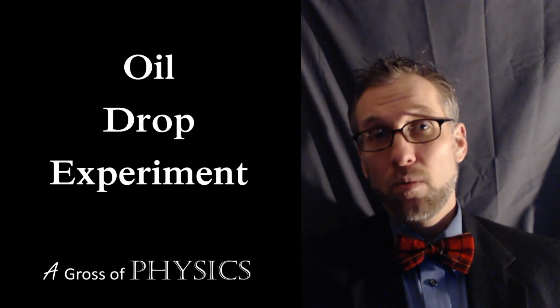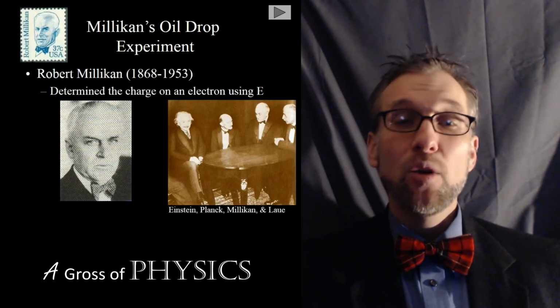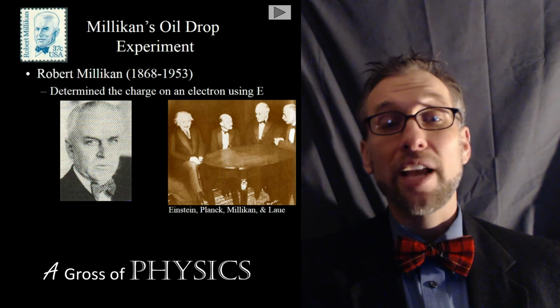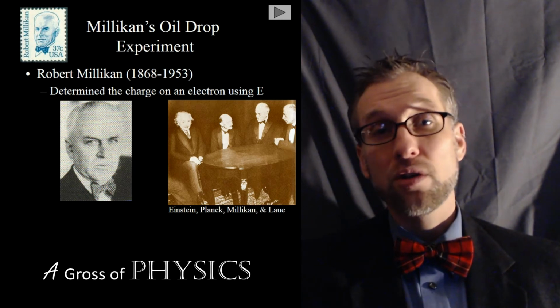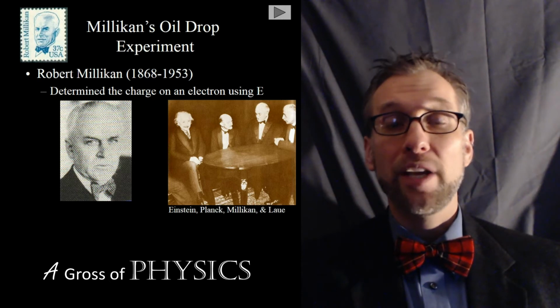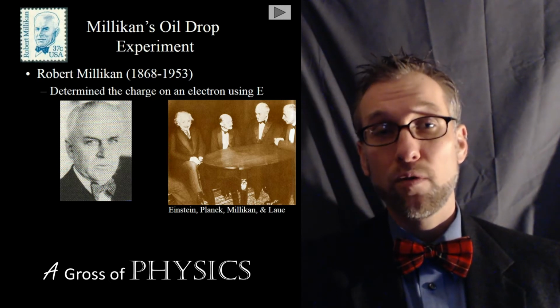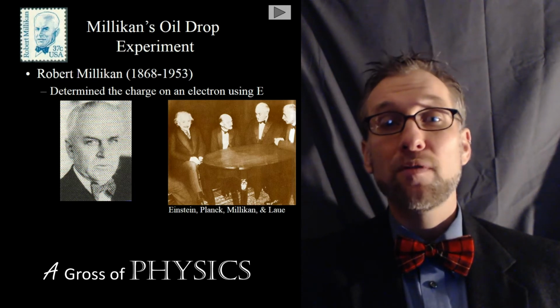Well, the person who came up with this value was Robert Millikan. And what he did is what we call the oil drop experiment in order to determine that. The oil drop experiment used the electric field in order to help determine the charge of the electron. What Millikan did was he set up a parallel plate because he knew that that was a uniform field. And he sprayed little drops of oil